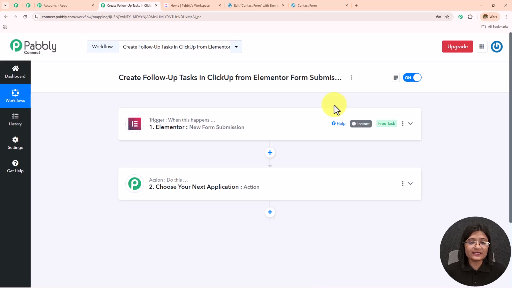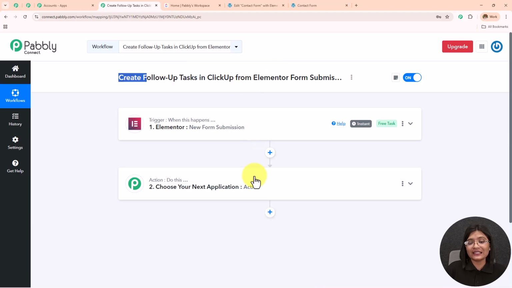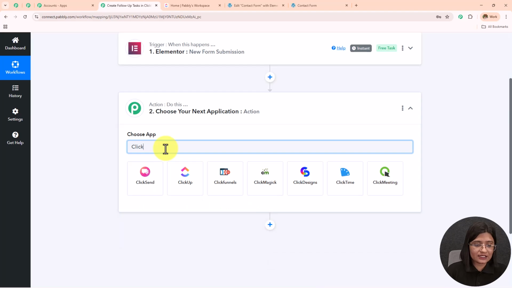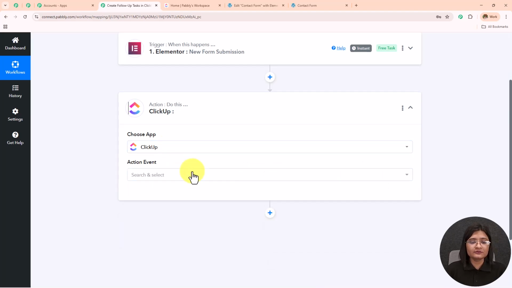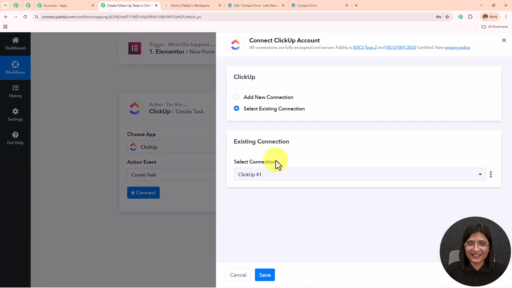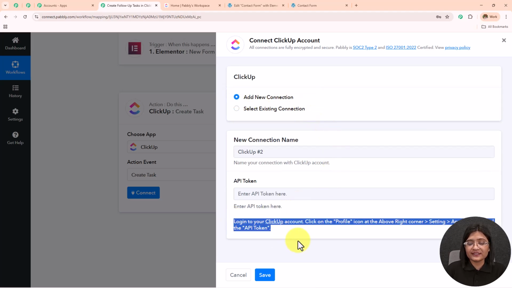Now moving on towards the next step, whenever there is a form submission, I want to create a follow-up task in my ClickUp account. So in my action application, I will be selecting ClickUp, and in my action event, I am going to select task, create task, and then click on connect. Now if you have an existing connection, go with save. If you don't have one, click on this add new connection, and now to make this connection, we have to